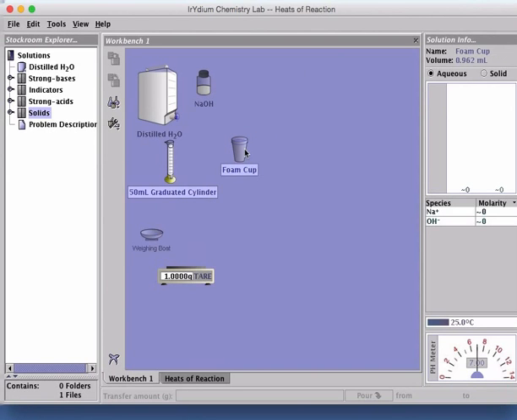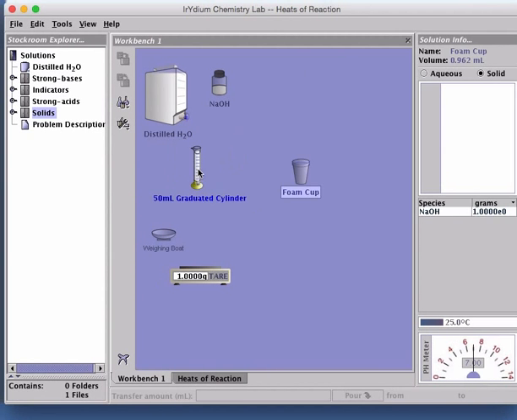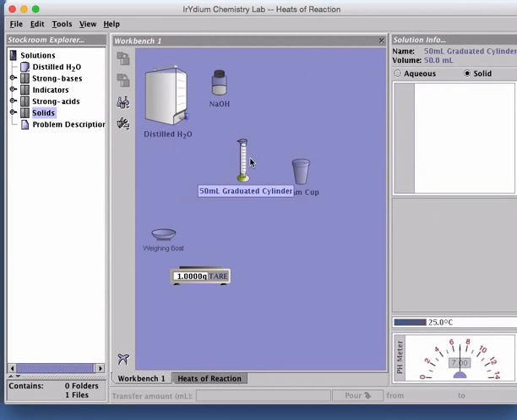Click on foam cup. In the solution info panel, click on solid radio button and observe the weight in grams column. Click on the graduated cylinder and record its temperature. Thermometer shows the temperature as 25 degrees Celsius. Drag the graduated cylinder over to the foam cup.